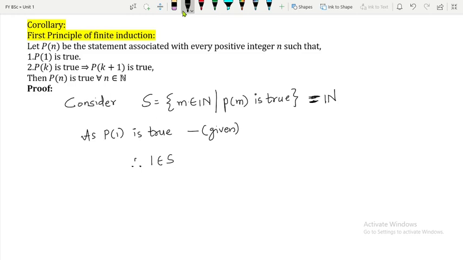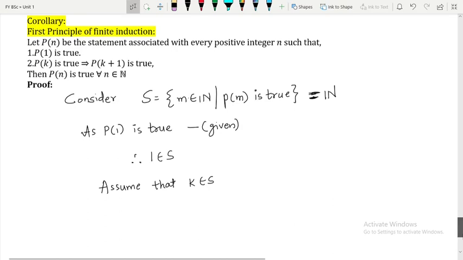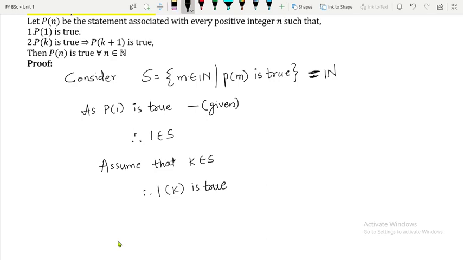Now what will we assume? I will say assume that k belongs to S, and with the help of this I am going to prove that k plus 1 belongs to S. Now k belongs to S means, see, k is in S, so k is going to satisfy this property, that is, P of k is going to be true. I hope you are getting it. Therefore P of k is true. I should use capital P, right? Because in the statement of the theorem I have used capital P, so it is capital, and over here also it is capital,